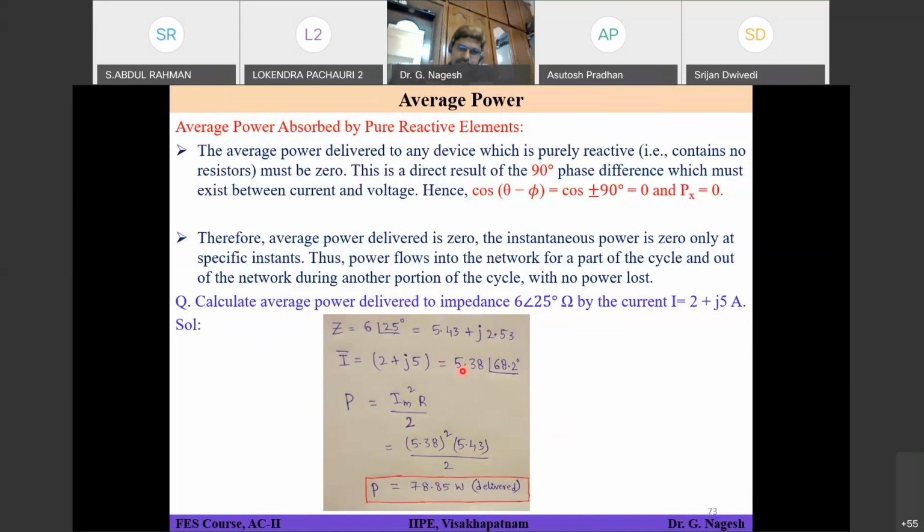Maybe some decimals are changed, but you check it properly when you are converting that. You should not get that much difference. Maybe 78 point something is fine. Okay. So anyway, the methodology is same, but you cross check it once. Okay. So both should get approximately the same value.